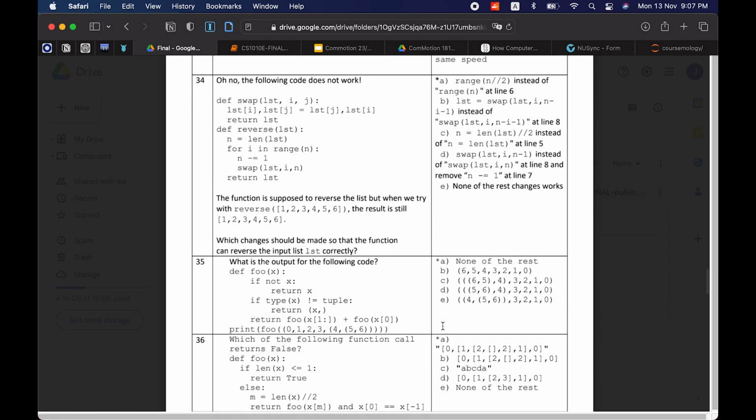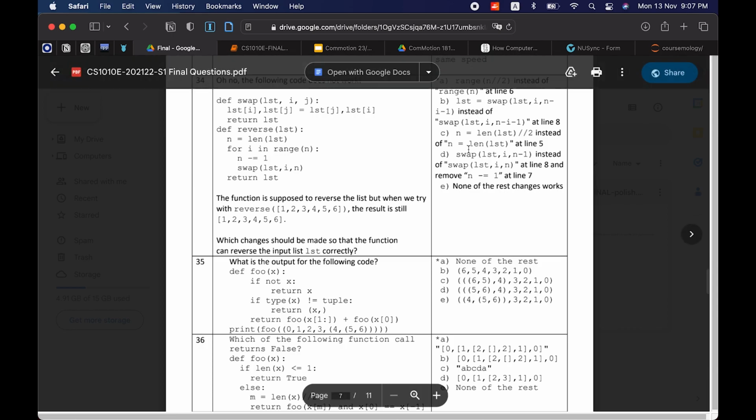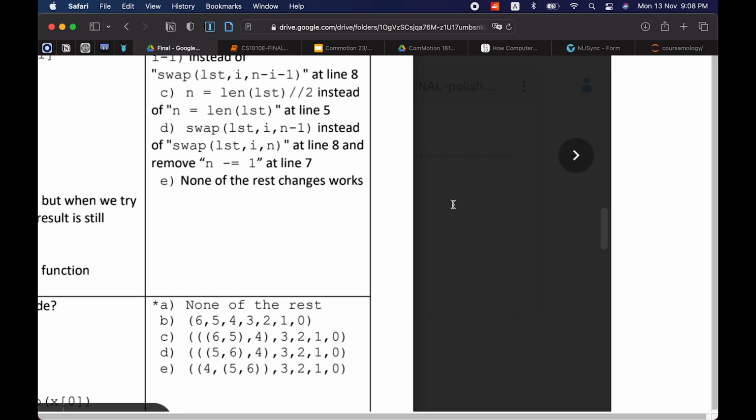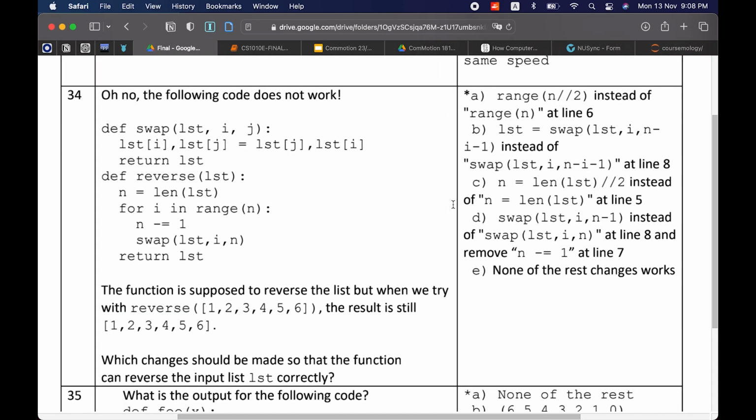Oh no, the following code does not work. And the reason why it doesn't work is it should be A. You should choose A instead of this.